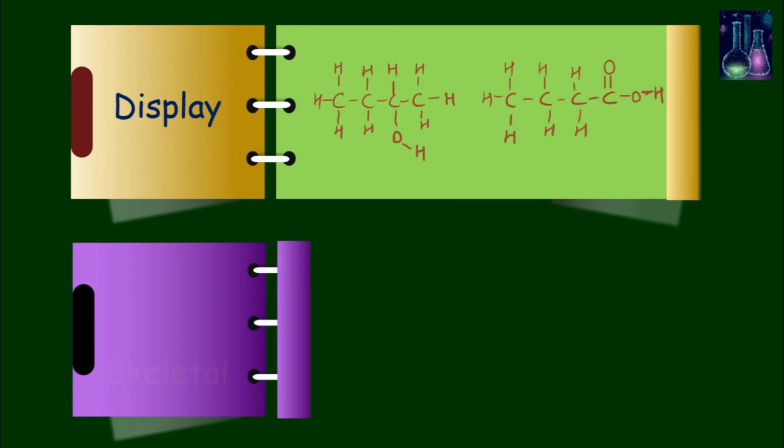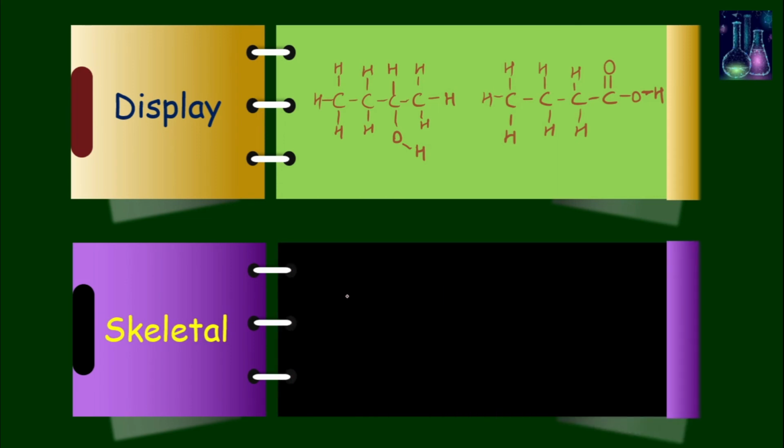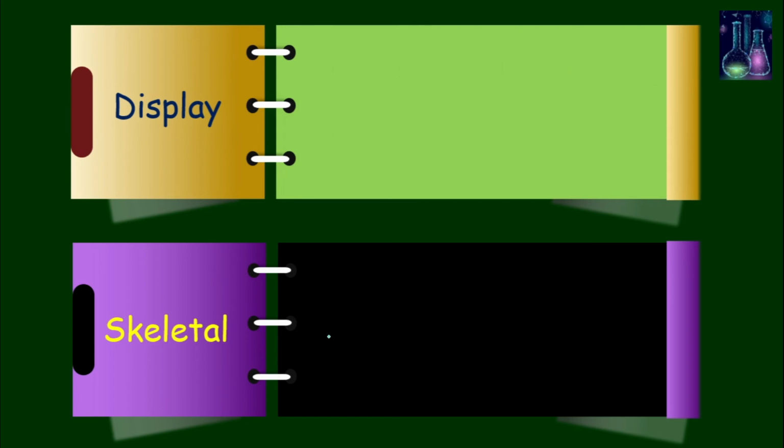Next, skeletal formula, very easy. So skeletal formula will be something like that. This is your OH group, and the next one will be, the skeletal formula will be second position with OH, and for butanoic acid it will be,